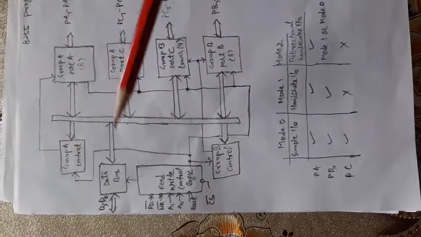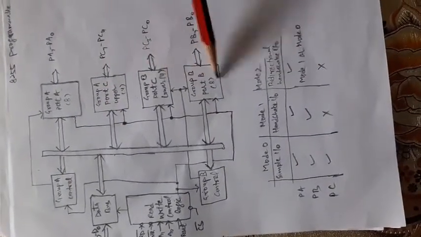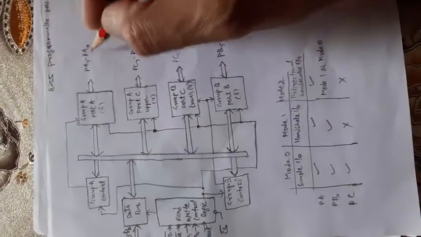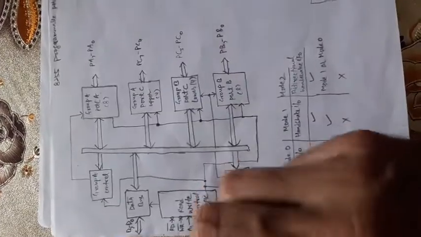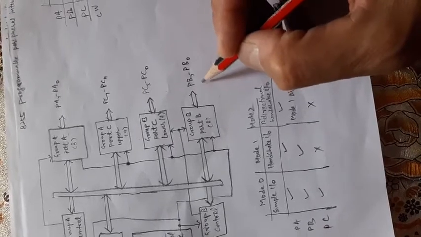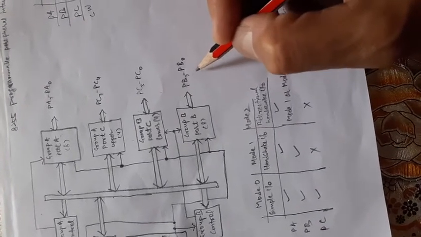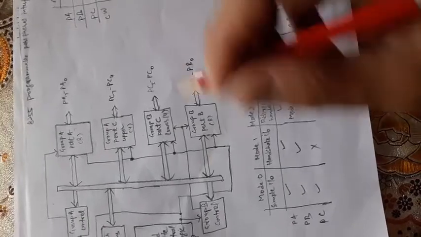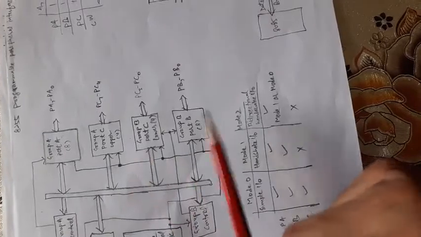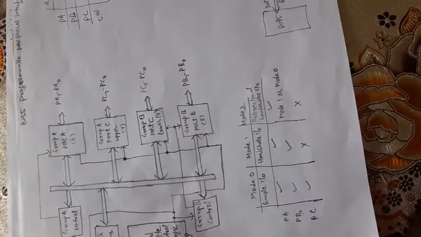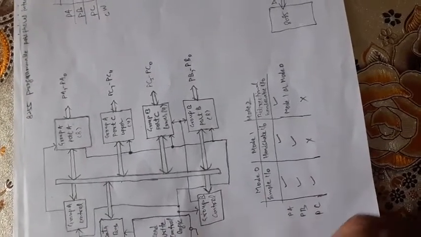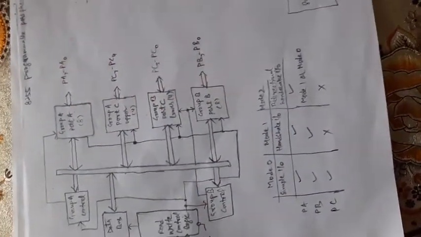Whenever the microprocessor sends data, suppose some devices are connected to these ports. Suppose a monitor is connected at this port, and the microprocessor sends data to the monitor, and suppose a printer, a speaker or a mobile is connected to another port. Should that data go to that mobile also, which the computer is sending to the monitor? No, it should not go, and it will not go, because all these ports have their unique addresses.